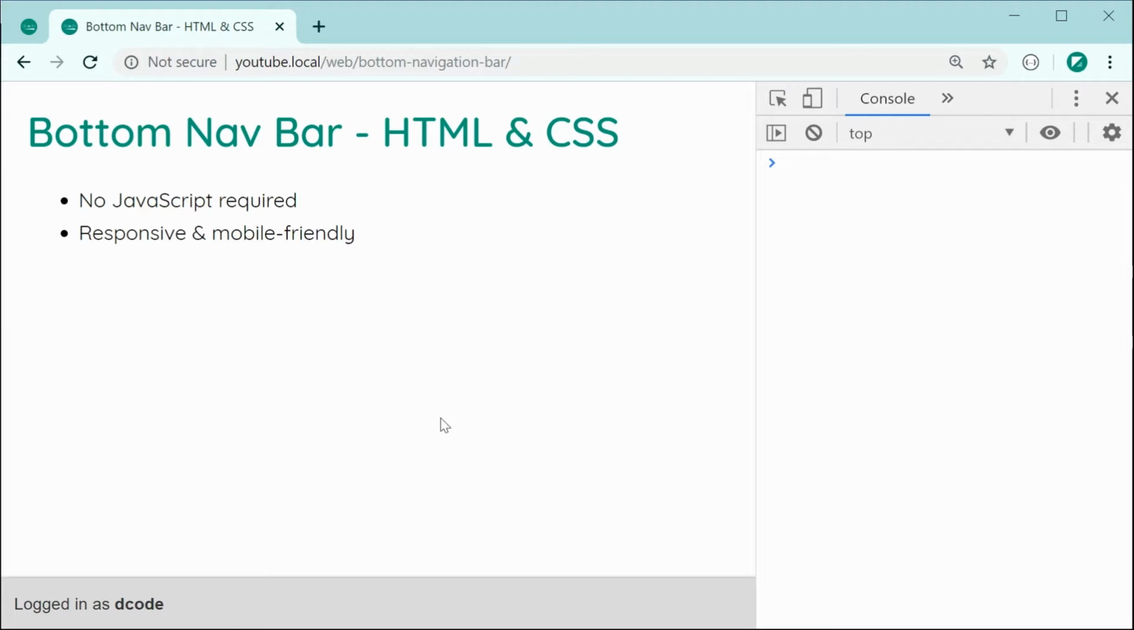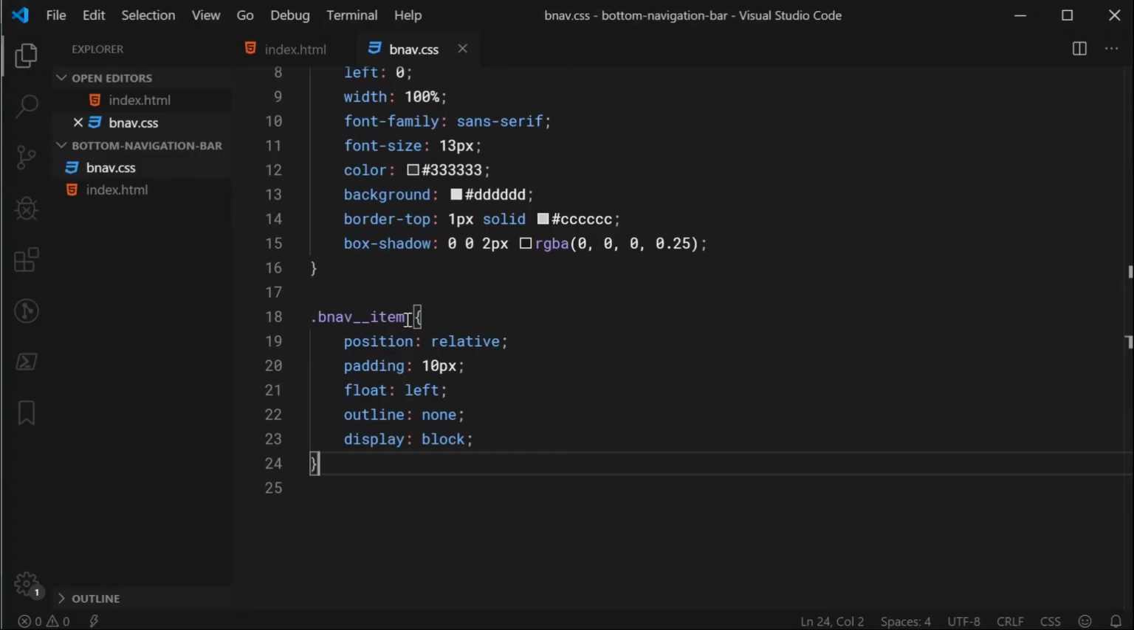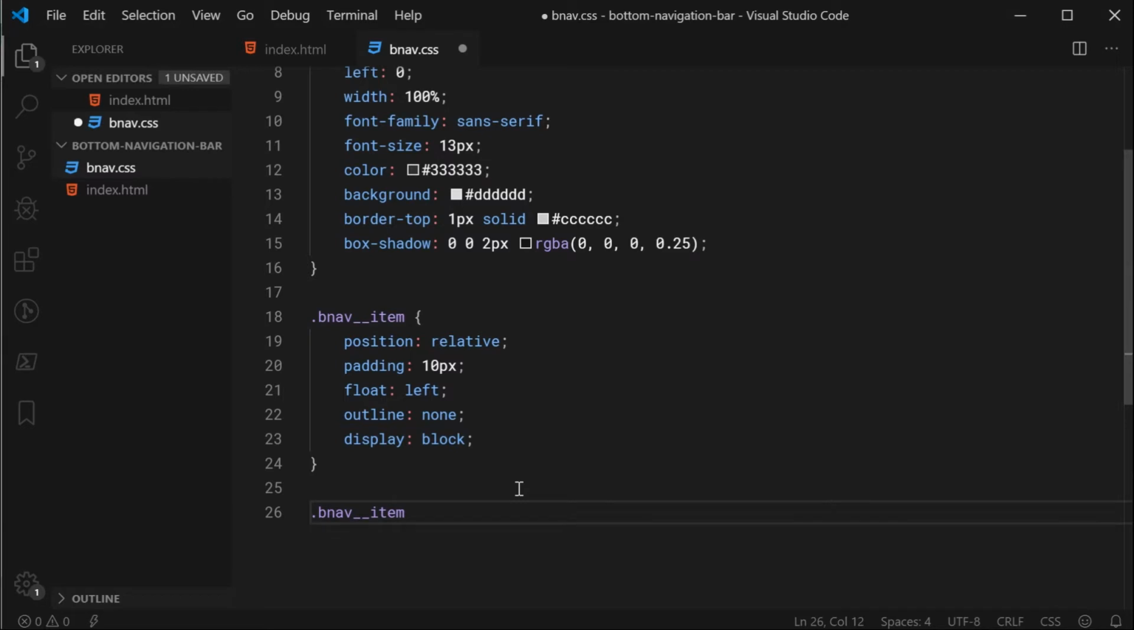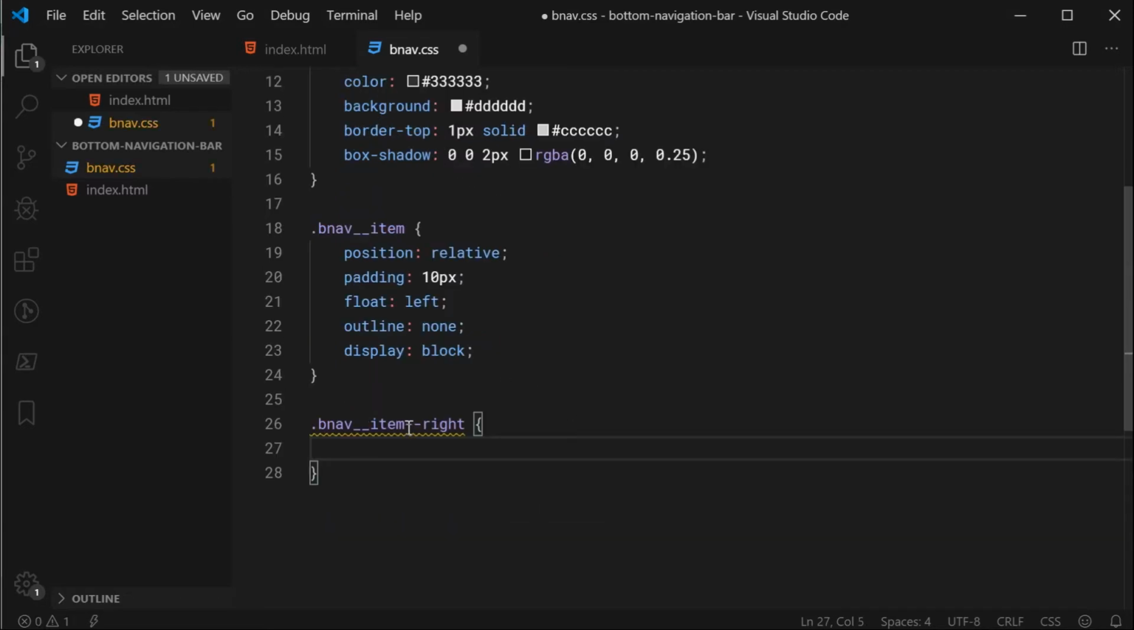Now I do want to add a new rule set for displaying this item on the right side, or any items on the right side, and for this we're going to be using a modifier class. So back inside here, let's just grab this class and say dash dash right, and this is going to be called a modifier class for the bnav item, hence the dash dash, and for this we're going to say float